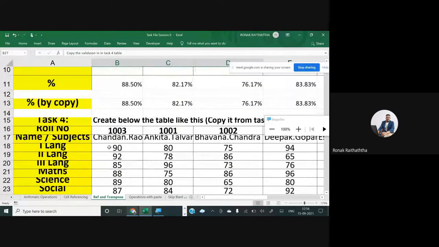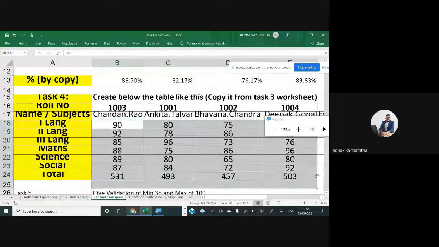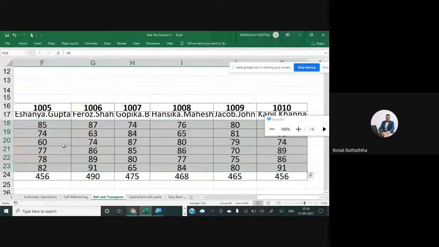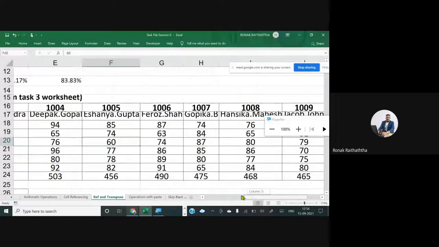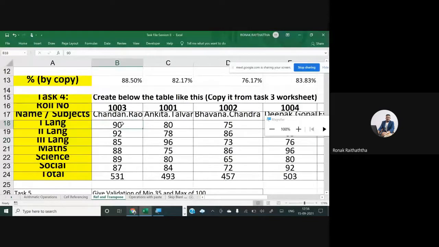See, I have inserted the validations over here, right? Now I can copy only the validations, but for copy you don't have any separate option, you have to copy with Control C only. So let's have a Control C. You may select only one cell where the validation is inserted, or the entire range of the data where the validation is inserted, whatever you are comfortable with. Just go to B18 and press Control C like this.